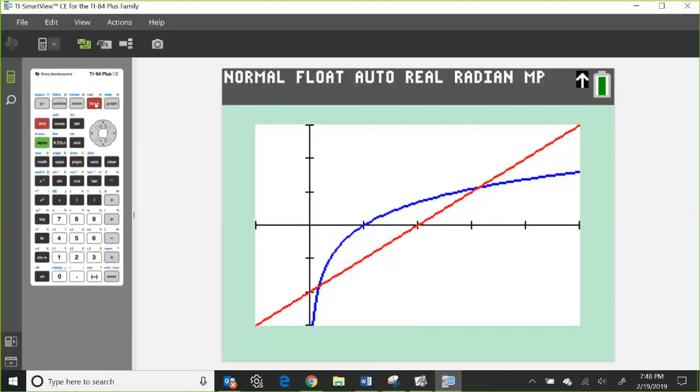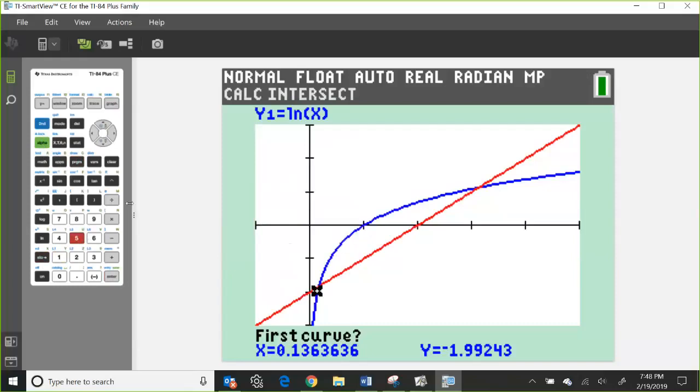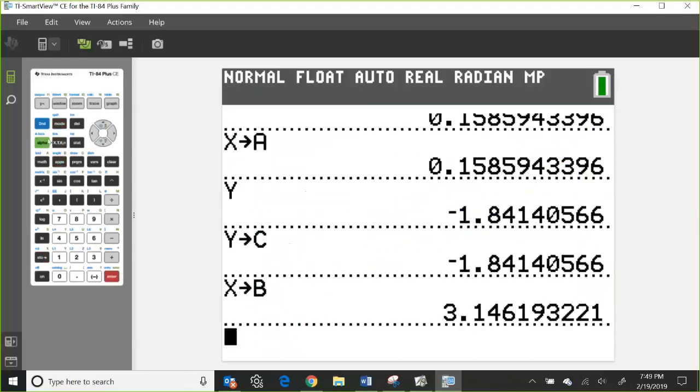Second calc, intersect. Enter, enter, and that point of intersection is close to 1, 2, 3. So I'll just press the number 3 this time as my guess, and there it is. There's your 2 points of intersection. We'll go X store in. This time we'll put the X in B, and then we'll put Y, alpha Y store in D,